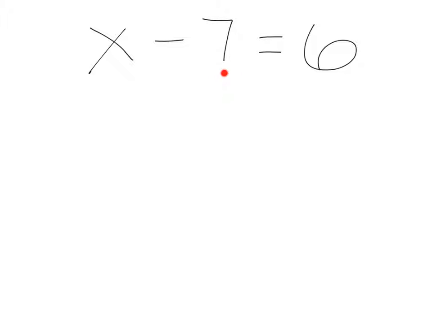So we can see right here that we are subtracting 7 from x. That means that step 2 wants us to apply the opposite to both sides of the equal sign, so right here and right here,